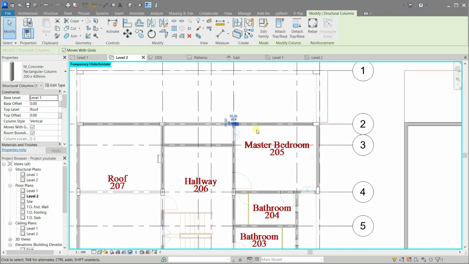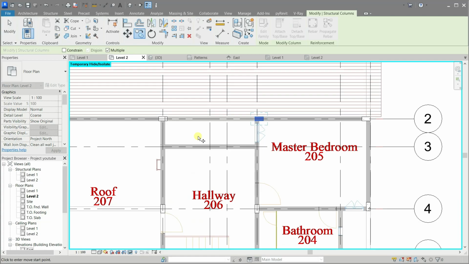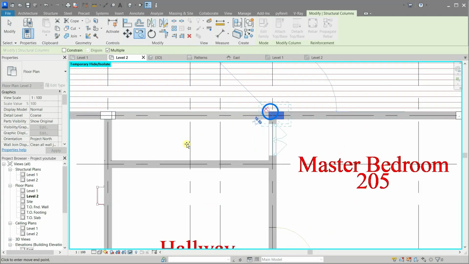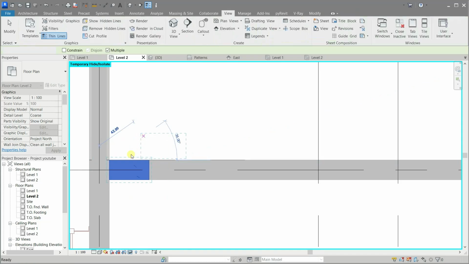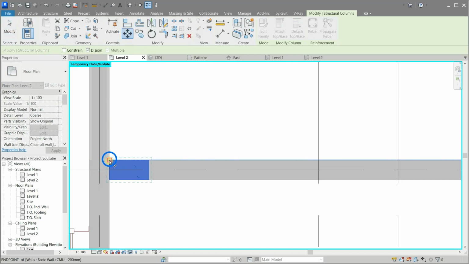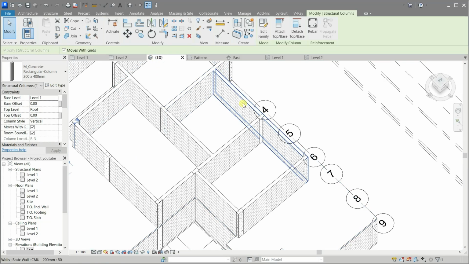Let's copy the column to the facing edge. We need a column there too. Now it's fine.